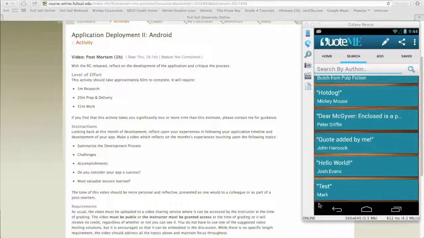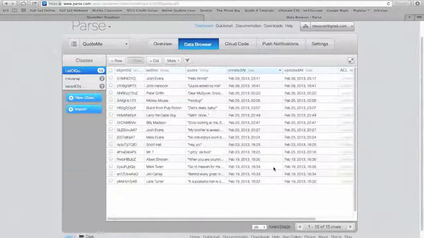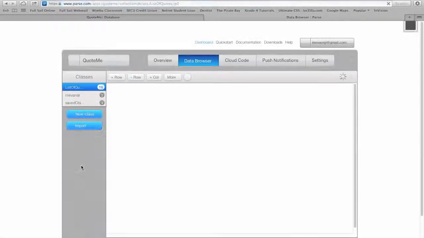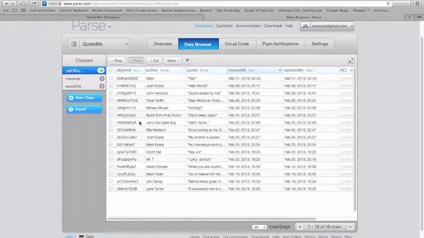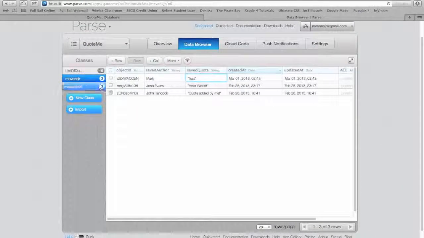Now if I go on the Parse end of it, in the data browser, this shows everything that's stored on the API side. So that quote that I just entered was entered right here at the database. It also is stored under the username, and that's generated within my code. Like for each phone, your account that you're using, your Google ID, whether it's your email or whatever,